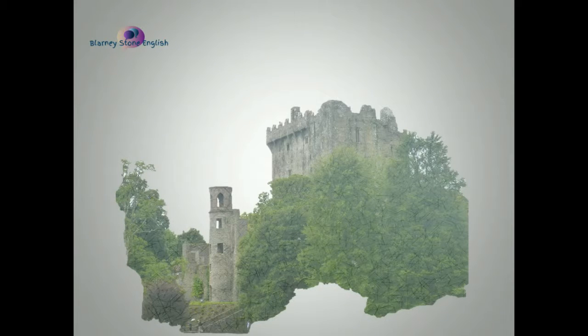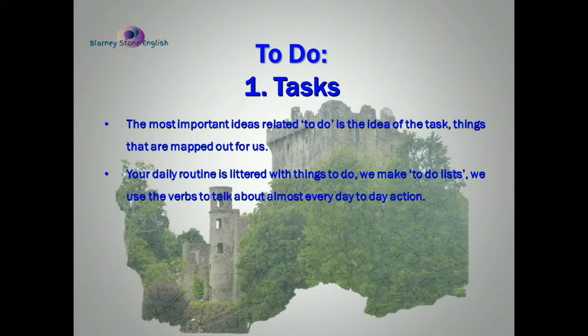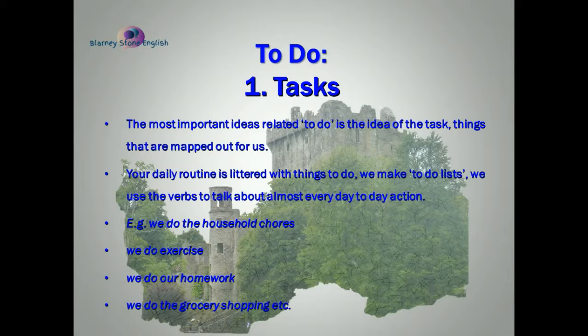So let's look at some of the patterns that go with the verb to do. And the first, and without a doubt the most important, is the idea of the task. These are things that are already mapped out for us. We don't create anything. We perform these actions. And it's very important because our day-to-day routine is littered with things that we do. We make to-do lists. And what kind of things appear on our to-do list? Well, we have to do the household chores, maybe do some exercise, do our homework, or even do the grocery